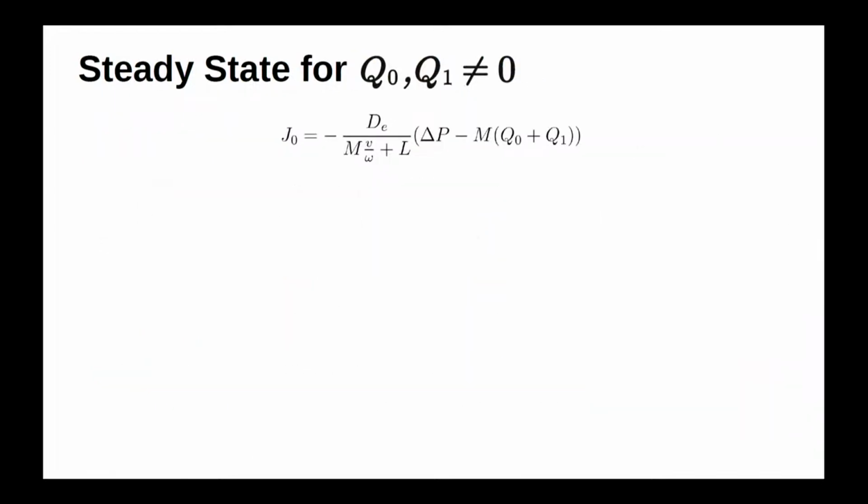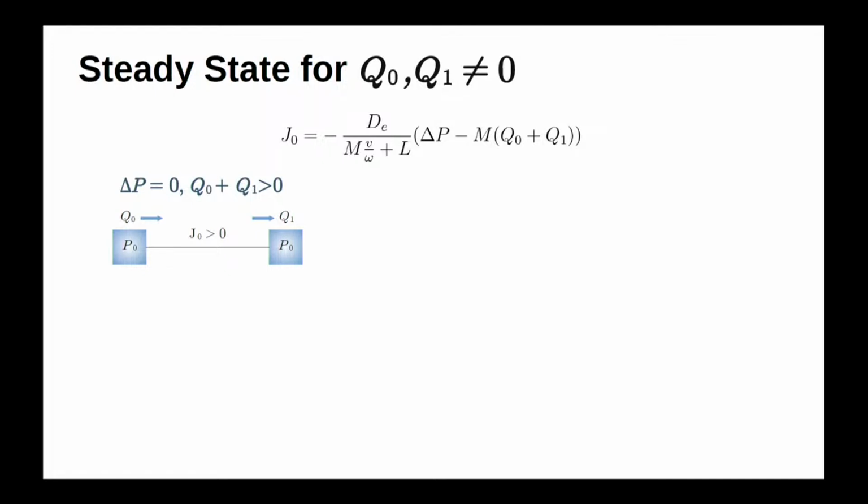Now, if you have non-zero magnetization at the boundaries, what will happen? The first thing we see is that the expression of the current changes. There is the gradient part, the density gradient drives a current, but also another component appears in the current which is driven by the boundary magnetization. So the picture goes like this. You have these two reservoirs where you have equal density of particles, but the particles have different average spin in these two reservoirs. You can construct reservoirs quite easily, at least theoretically.